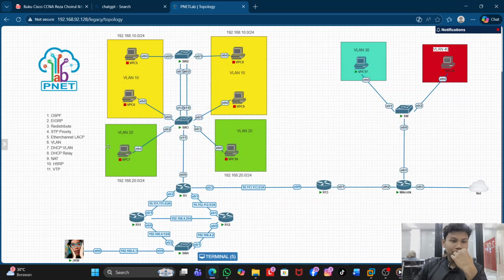Next, the fifth point, EtherChannel. As you can see here, there is a double port.